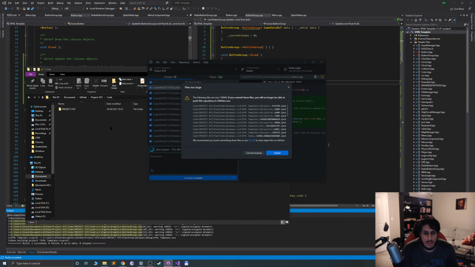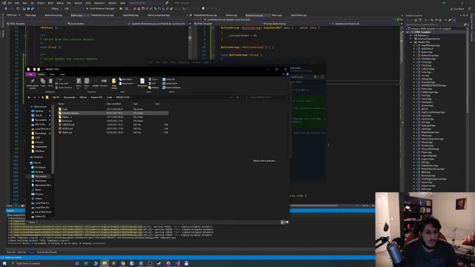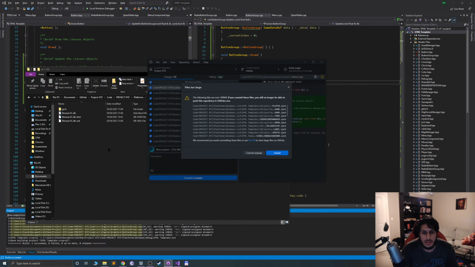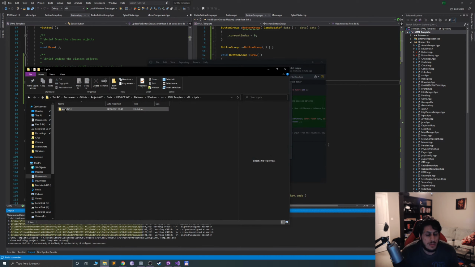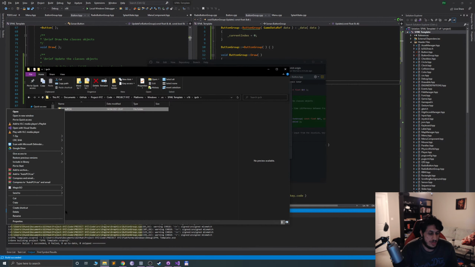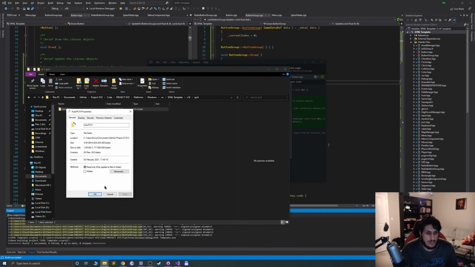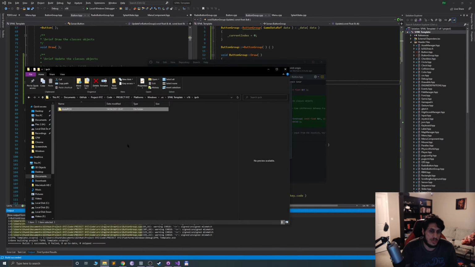So it is in platform, Windows, .vs, v16, IPCH. I mean, this folder is gonna be huge, I bet you. Yeah, okay, so